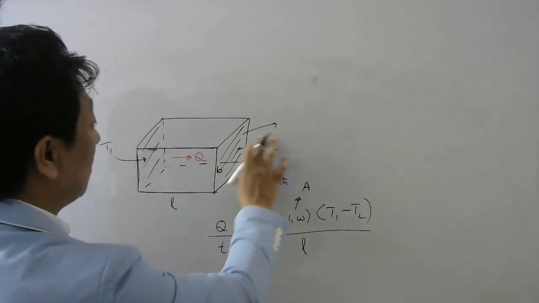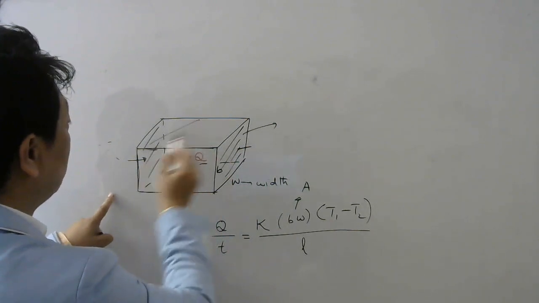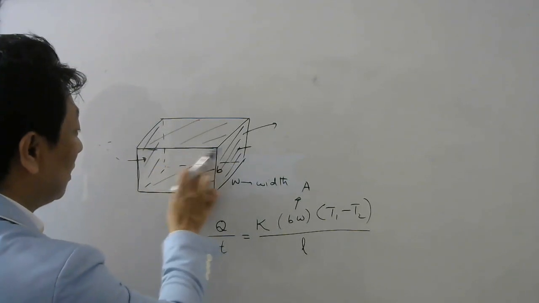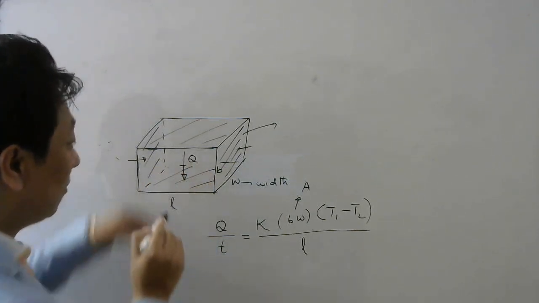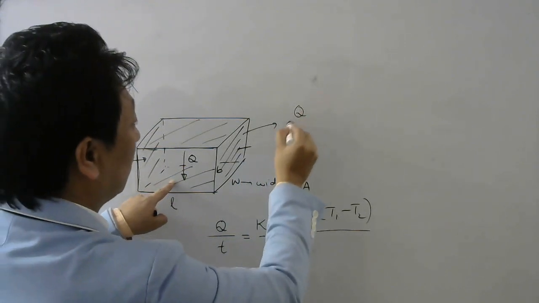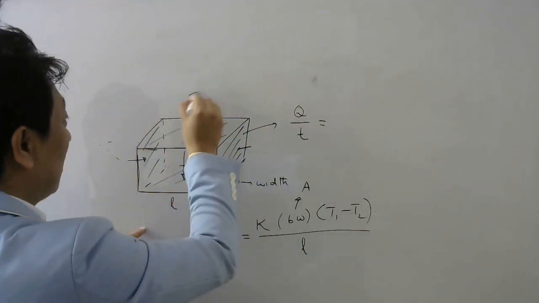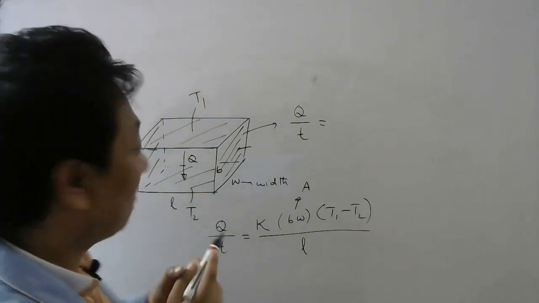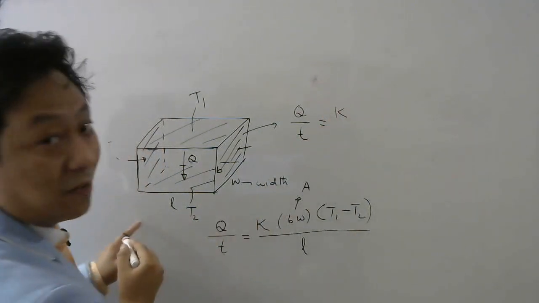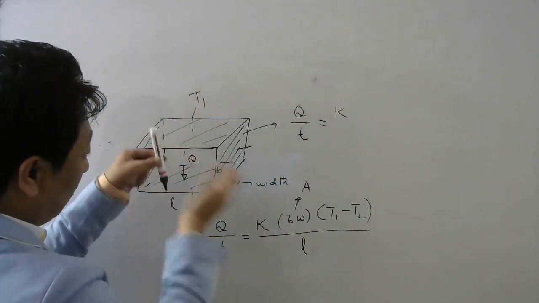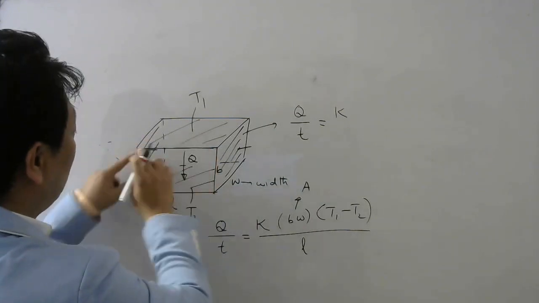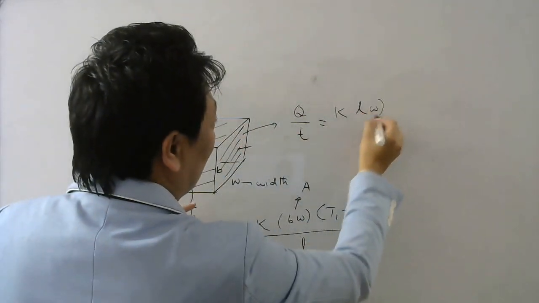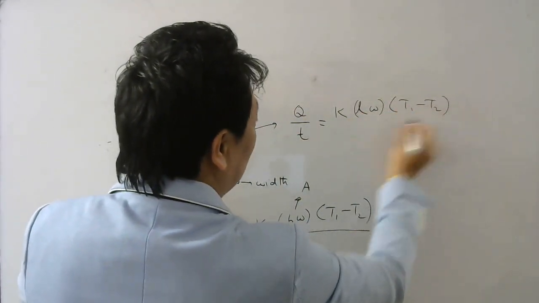What if I say not these two faces, but these two faces are kept at different temperature, this face and this face? Then in that case your heat will flow this way. So if heat will flow this way, how will we write the formula for rate of flow of heat, when this is at temperature T1 and the lower face is at temperature T2? Then how are we going to write? Well, K area, which area do we have to choose? Since heat is flowing this way, we have to choose this area. So now this area would be, this is the length, and here the breadth actually is W, right? So area, T1 minus T2, divided by length.